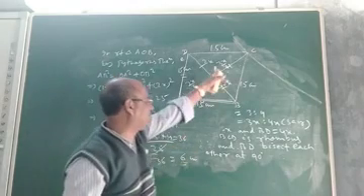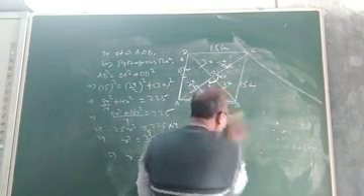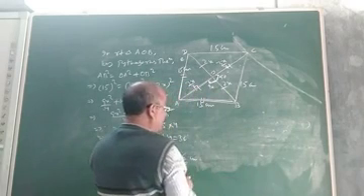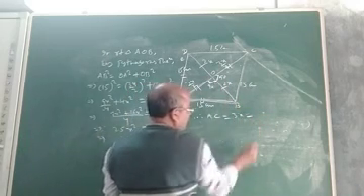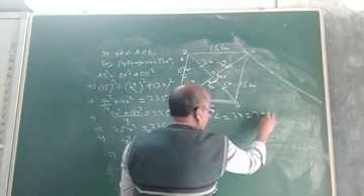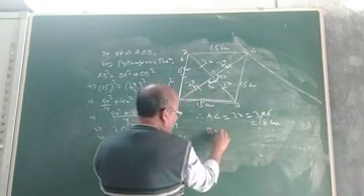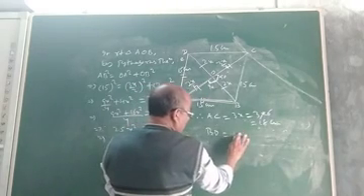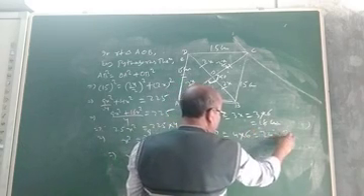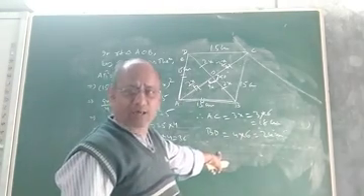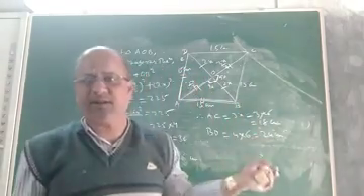Now if x is 6, you can easily find the length of AC and BD. Now we have to find the two diagonals. So the two diagonals are AC and BD. Therefore, AC will be 3x. 3x means 3 into 6, 18 centimeter. And BD will be equal to 4x. 4x means 4 into 6, it is 24 centimeter. So the length of the two diagonals will be 18 cm and 24 cm, and the side of the rhombus will be 15 cm. Children, I hope you understood.